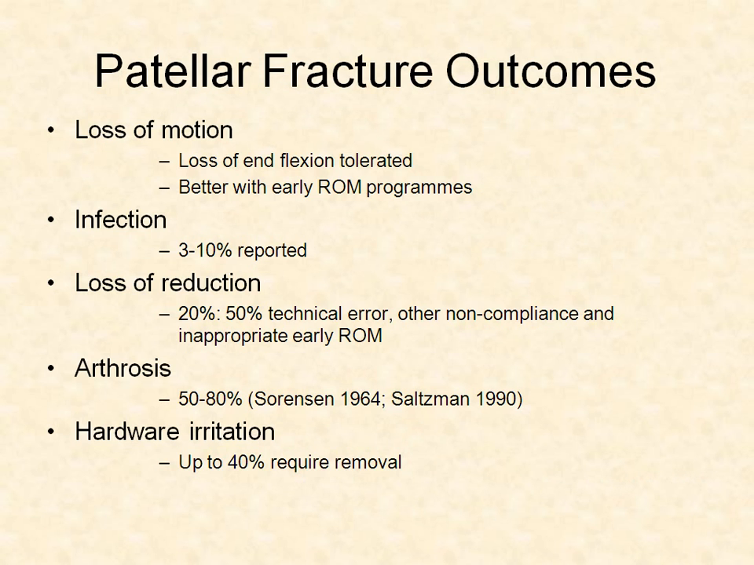If we look overall at fracture outcomes, one of the problems is that many of the series are small, but the common problems are loss of motion and stiffness from prolonged immobilization. This can be minimized by going for early motion. Infection rates are about 3 to 10%. Loss of reduction is not uncommon and has been reported in about 20% of cases. A lot of this is due to technical error. And again, there's a high incidence of post-traumatic